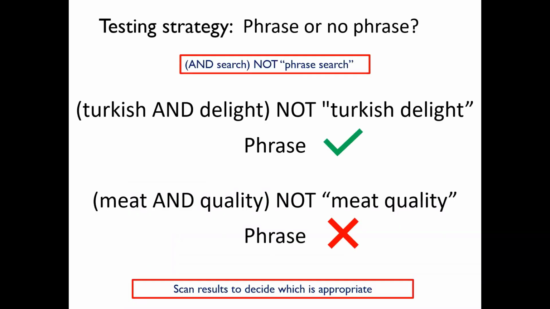So the way that we can test this is by doing two different searches and combining them. So you can take what you think your phrase is, but type it out as an AND search, so Turkish AND delight, and then remove it as an actual phrase, so say NOT "Turkish delight" as a phrase, and then you can check and see what your results are. So if I do this,